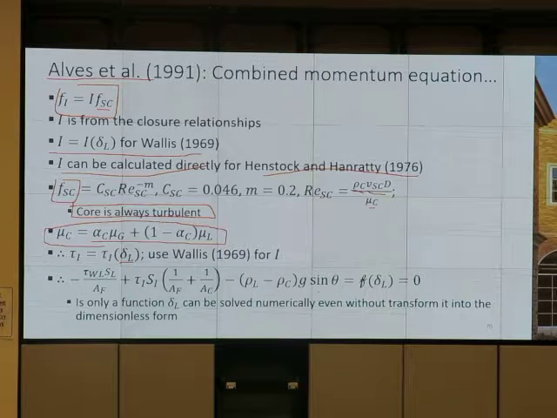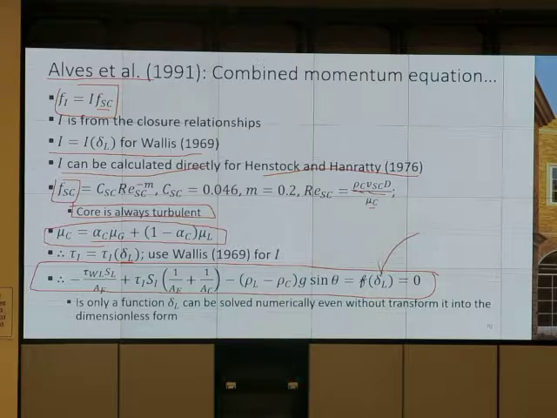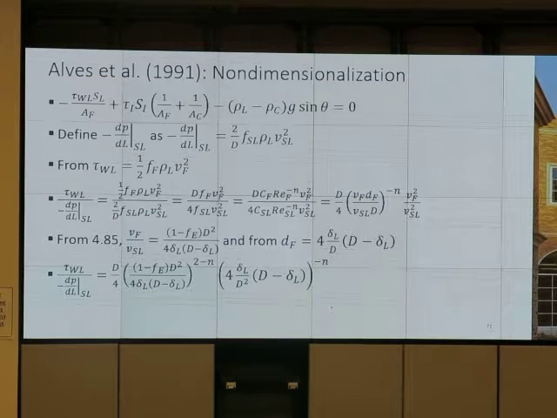There's a combined momentum equation. Eventually, you end up with the conclusion that everything is a function of thickness. You can solve it numerically. Basically, you can try to use a goal seek when you try to do the program that can automate everything. You have to come up with your own library to do that, but you can use other people's libraries. Alright, now let's do